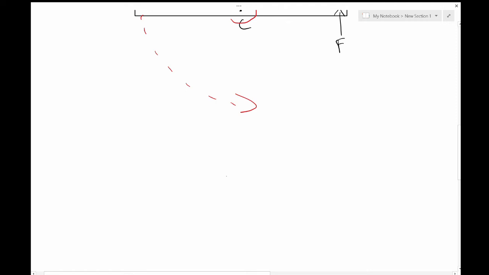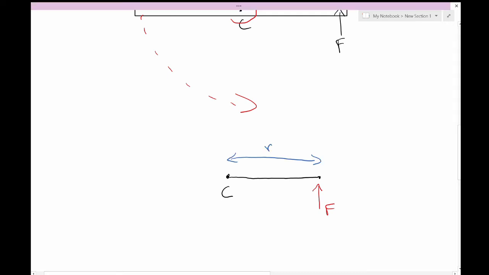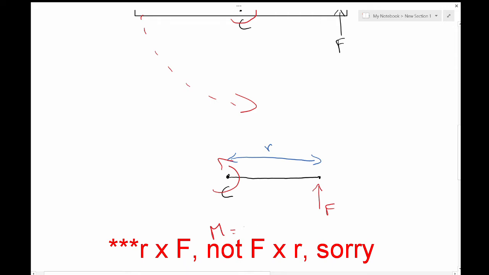So if we have a point C here, and we have just this line bar, and then we have a force here of F, and we're going to have a distance here, which is R. We say that the moment around the point C is going to be M equal to F cross R. And the cross here we don't really need to worry about a whole lot, but what you need to keep